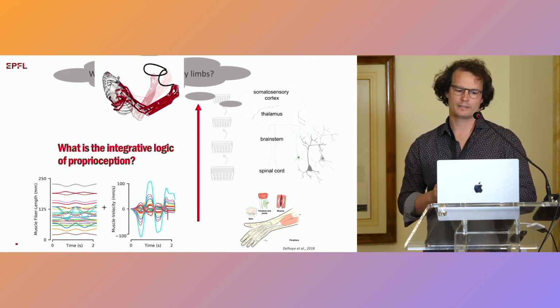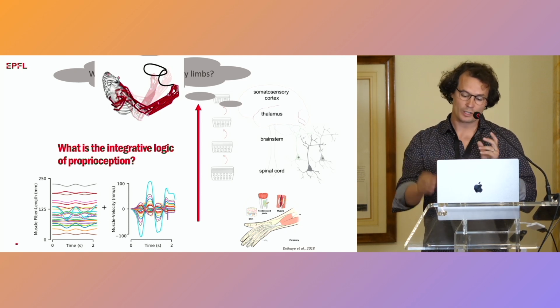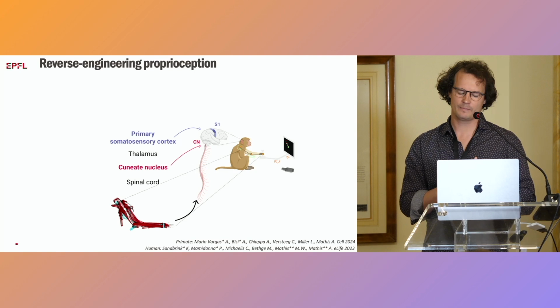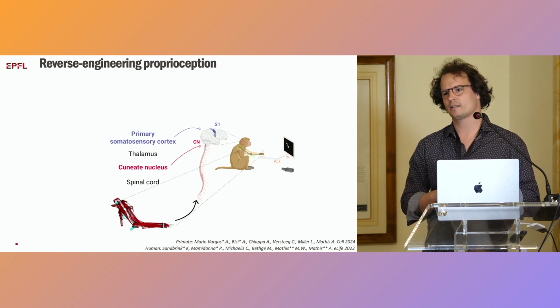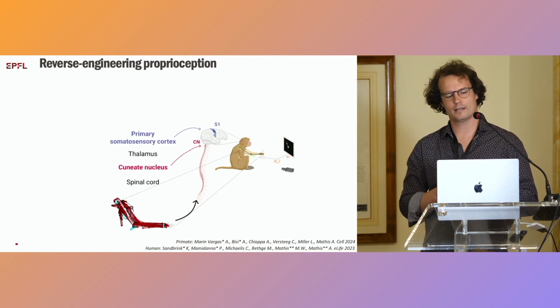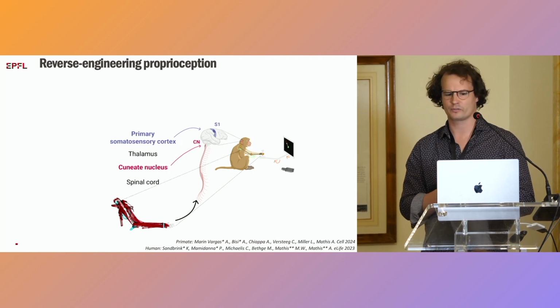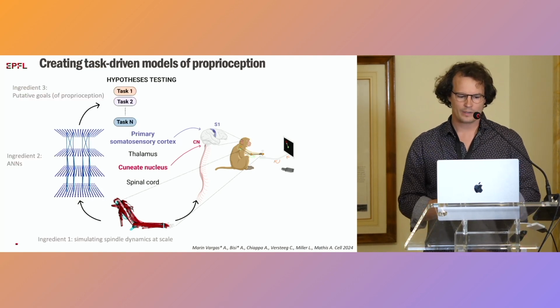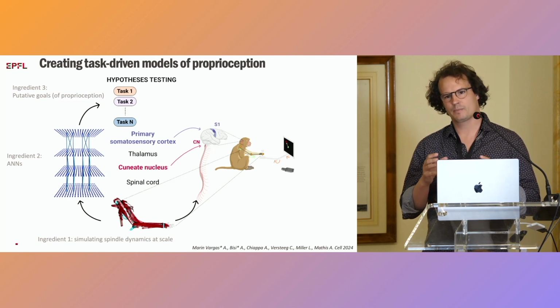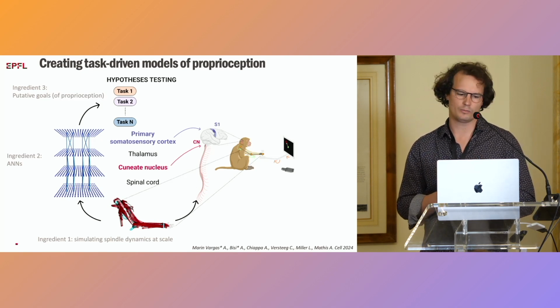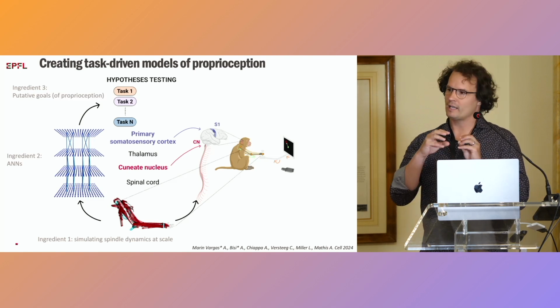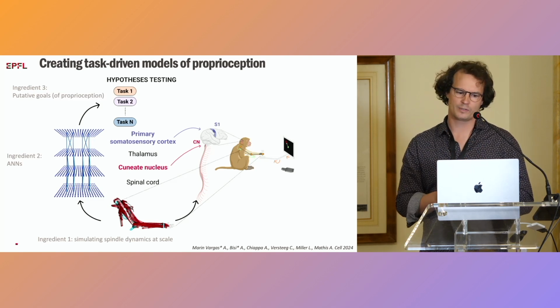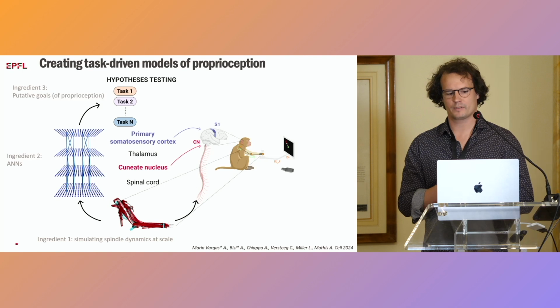Okay? And just as Dagmar was alluding to yesterday, what we want to do is reverse engineer the proprioceptive system, and our approach is that we want to take advantage of the fact that the brain is optimized to take advantage of the body. And so our approach is the following. We first simulate muscle spindle statistics at scale for naturalistic human movement, actually monkey movement here. We then take putative models of the proprioceptive system, and we optimize these putative models on many different hypotheses that people have put forward with regard to what the proprioceptive system is actually doing.